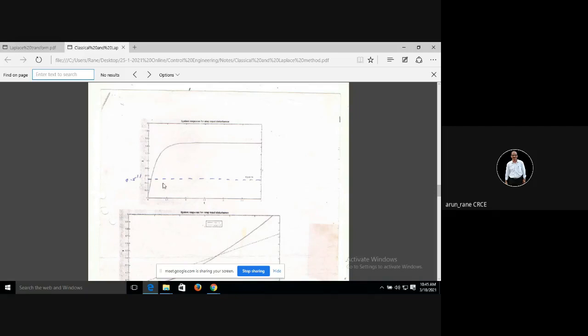So this is my output and this is my input, a constant input. So at any given time t, I can find out. Now see, what is the significance of this graph? My transient response, and this is my steady state response. Transient response means up to here. So it takes around, say, here it is 0.5 and this is 1 second. So it takes around 0.75 or 0.8 seconds to pass through the transient response, or I can say it takes around 0.8 seconds to reach the steady state response.